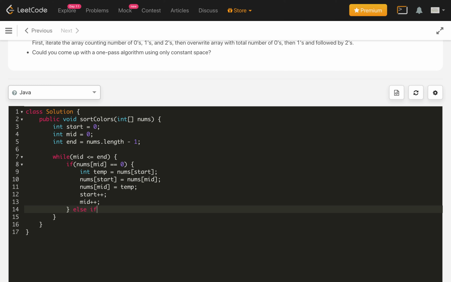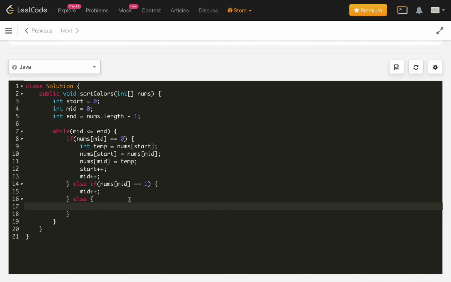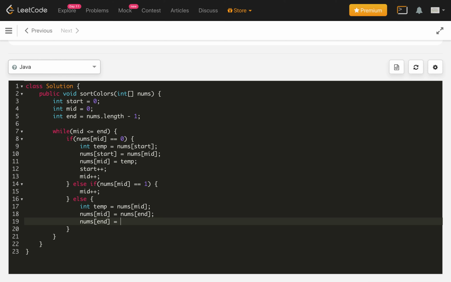The second case can be else if nums of mid is 1. In that case, this is a very simple case, we just increment the mid by 1. And the third case is when nums of mid is 2. In that case we will swap with the end, so int temp is equal to nums of mid, we hold the mid, and then update the nums of mid with the nums of end, and then update the nums of end with the temp,